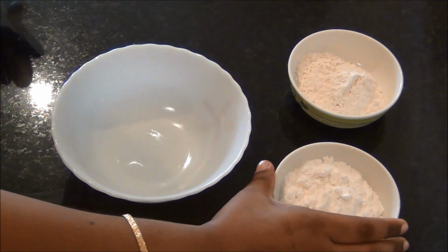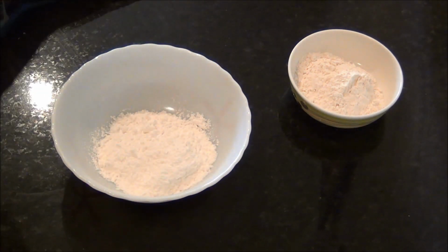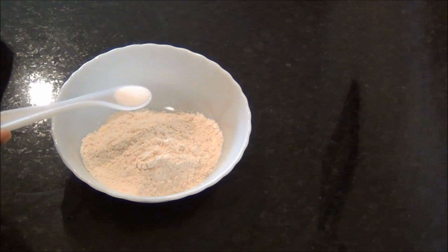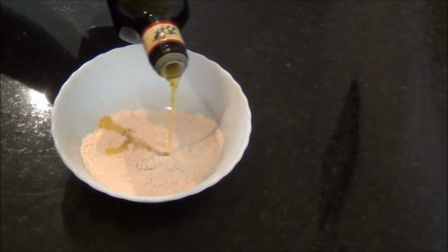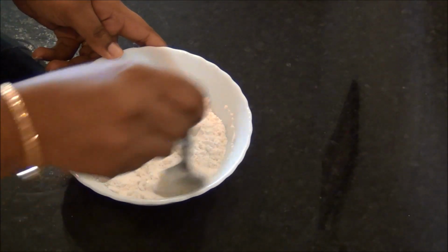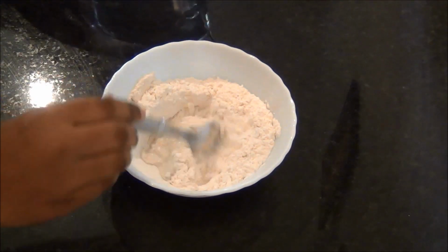Meanwhile, we'll prepare the wrapper for the spring rolls, for which I have taken equal proportions of plain flour and corn flour, along with 1/4 teaspoon of salt, and also I am going to add about 1 tablespoon of oil to this, and mix them thoroughly, and then add about 1.5 cups of water to make a dilute paste